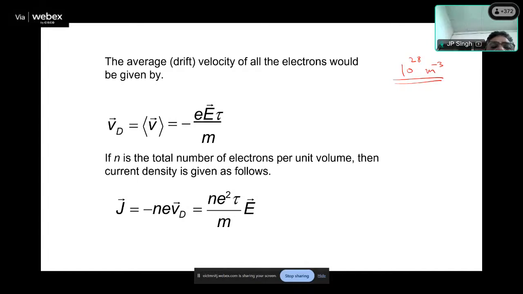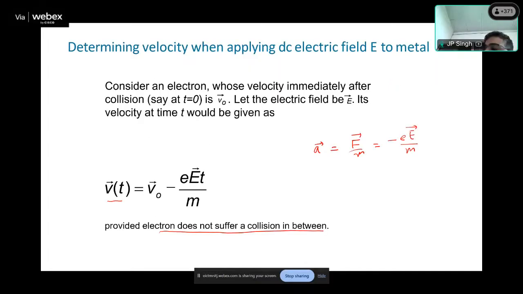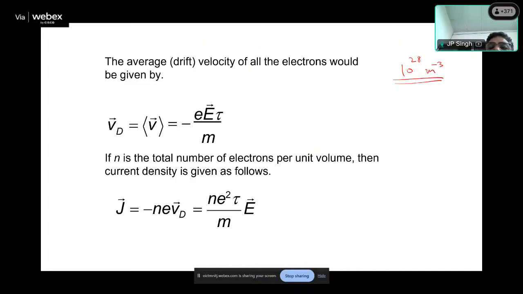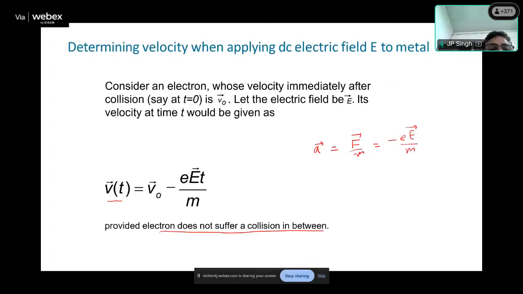So if I take the average for all the electrons, let me write down the average over